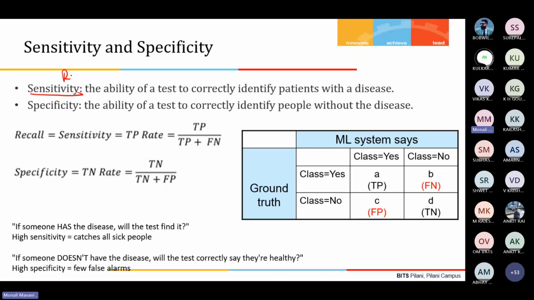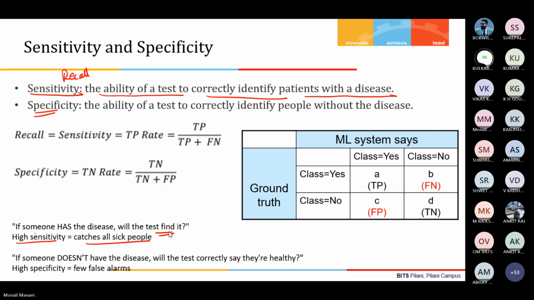Sensitivity is recall. I'll explain what recall is, and then I'll explain specificity. It is the ability of a test to correctly identify patients with a disease. So high sensitivity catches all sick people. If someone has a disease, will the test find it? If that is your objective, you will look at high recall. Your objective is to catch all the sick people, even if some of the not sick people test positive. That's okay, but you don't want to leave any of the